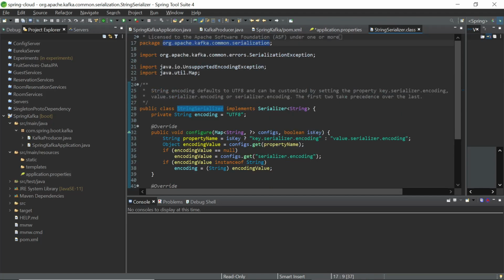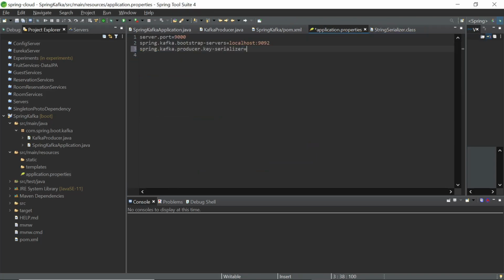So let's quickly copy the package. Dot string serializer.